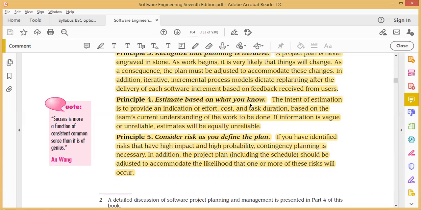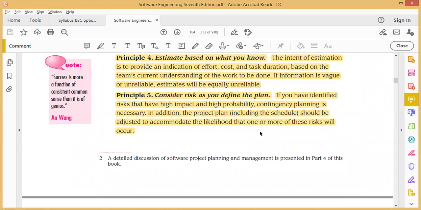If information is vague or unreliable, estimations will be equally unreliable. Whatever requirements you gather should be realistic, otherwise your time and work are totally wasted. The information should be reliable, something you can easily trust, so that you can work with a great plan.